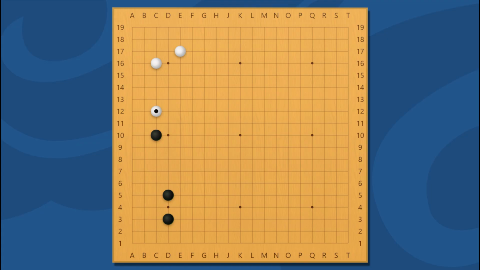But then black can play this move on the lower side, which is also the key point for black to expand outward based on the corner. The result is that black is good. In the opening stage, allowing the opponent to expand on both sides of the corner is mostly not good.